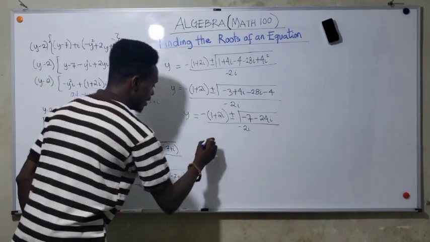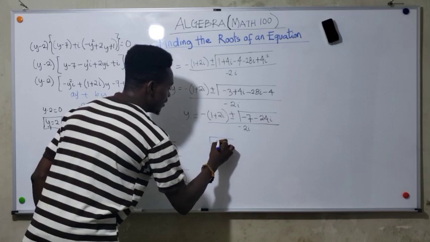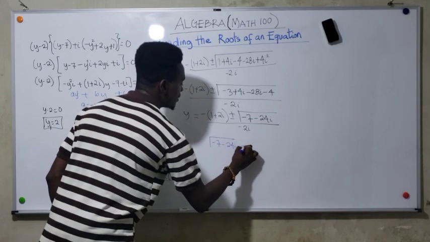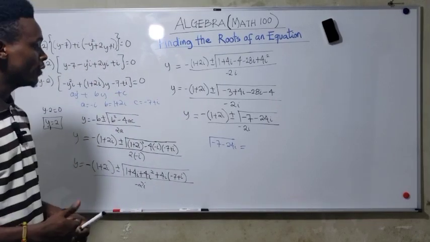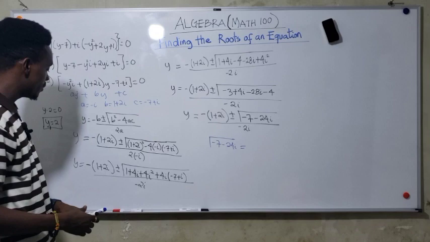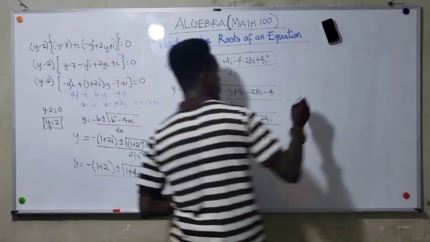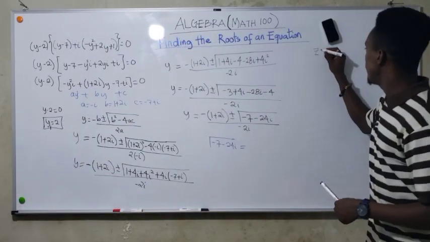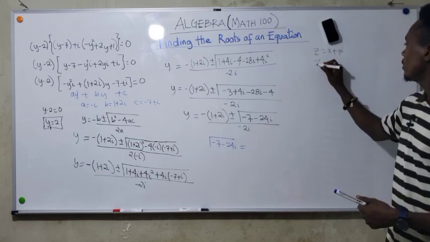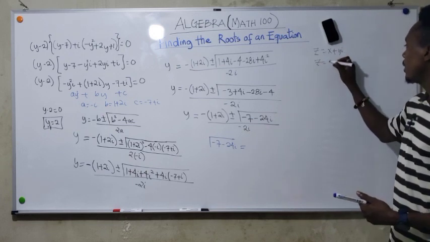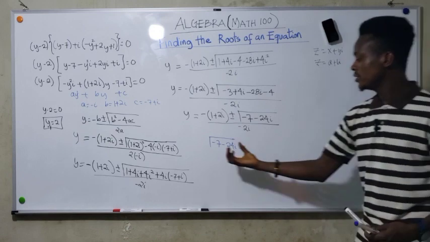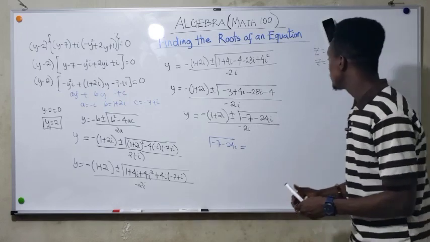So we take this as the root of -7 - 24i. We want to find the roots of this. To find the root of this complex number, we know a complex number can be written as x + yi. We're already using y, so we can also use a complex number z = a + bi. So to find the root of this complex number, we take the root equal to